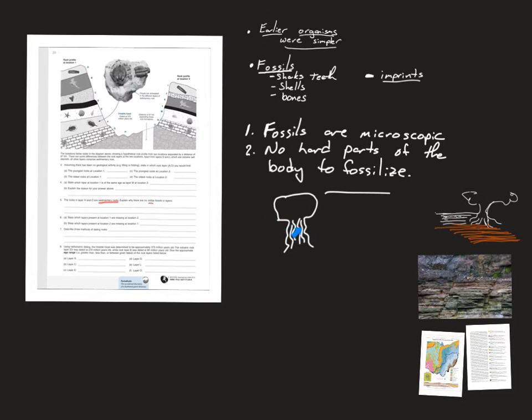Now, there have been some fossils of jellyfish found, but they have been the imprint kind, right, where the jellyfish got squashed, and the imprint of that squashing left, exactly like when you leave footprints in the mud. The jellyfish's body could have left an imprint in the mud, and that mud could have hardened. In fact, there have been examples of this found in various places in the world. Here is an imprint of a jellyfish found in Utah. You can see the traditional little rounded head and the tentacles hanging down from the bottom of the jellyfish. The bottom line is that this is an imprint fossil, and